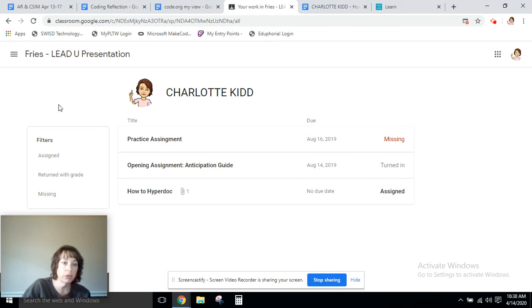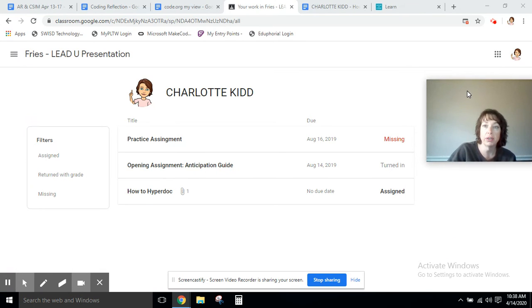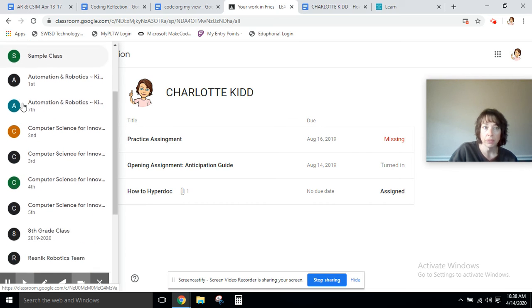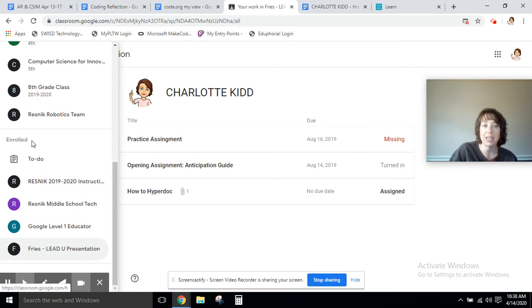I want to show you another little trick. If you go to the hamburger menu right here and you click on it, this is showing all of my stuff. Remember, my stuff as a teacher and as a student. You are not a teacher in any of your classes, so you're not going to have this teaching item here. If I scroll down to the classes I'm enrolled in, there's a to-do list. If I click that to-do list,